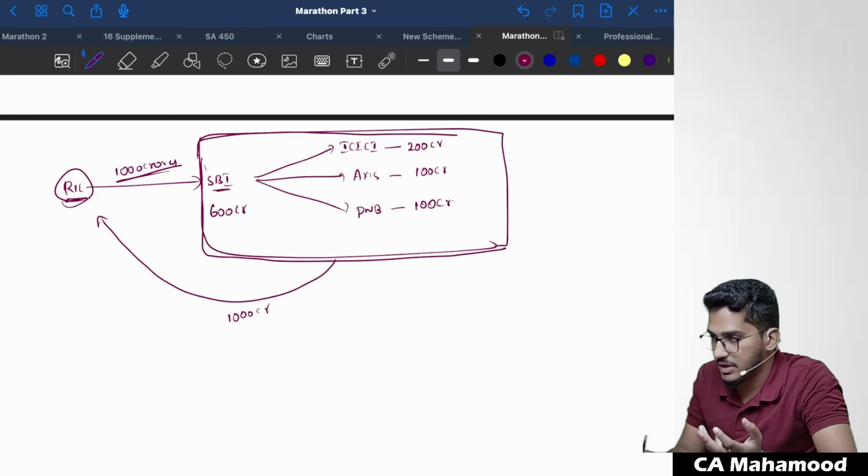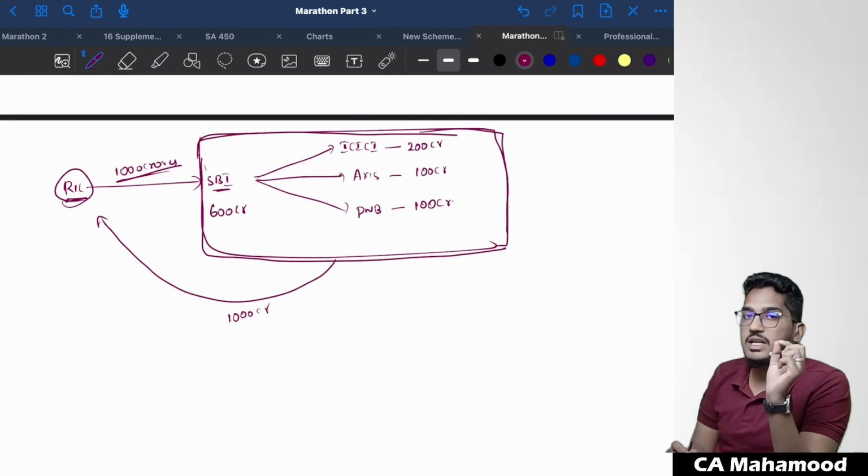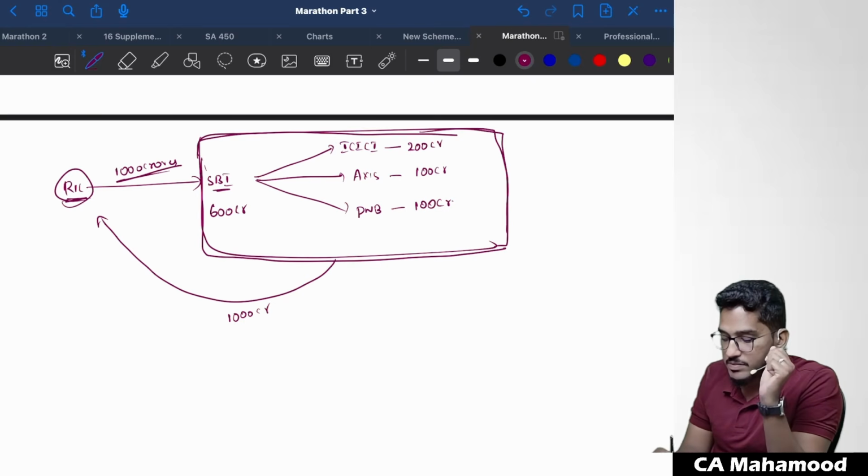This kind of advance we generally call consortium advances, where a group of banks collectively give a loan to the customer. In consortium advances, there will generally be one bank which takes the leadership, which we call the lead bank. Generally, the lead bank will be the bank having the highest share. In our given case, since SBI has the highest share, SBI will be the lead bank. The remaining banks will be member banks.